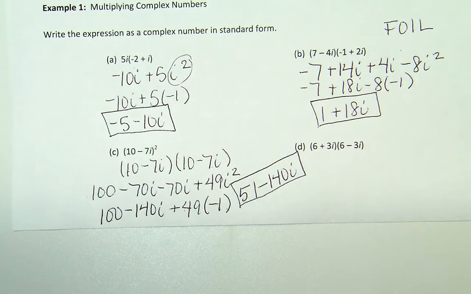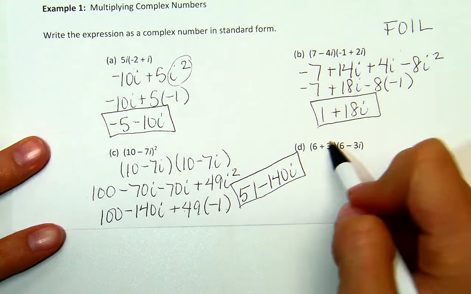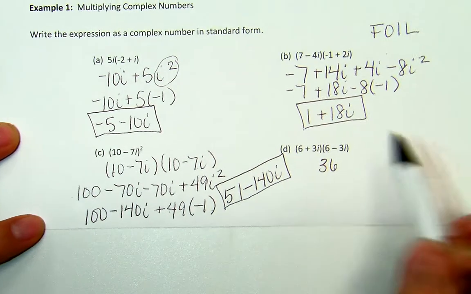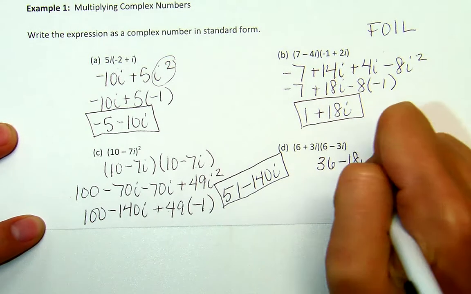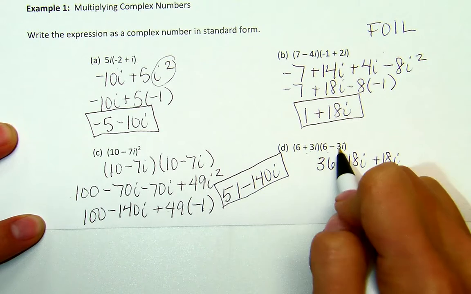And last but not least, we have letter D. In letter D, we have the complex number 6 plus 3i times the complex number 6 minus 3i. So they're pretty much the exact same complex number, except one has a plus in the middle and the other one has a minus. So if we FOIL these two complex numbers, 6 times 6 gives us 36. If we go to our outer two terms, 6 times -3i is -18i. Inner two terms is a positive 18i. And then our last two terms is a